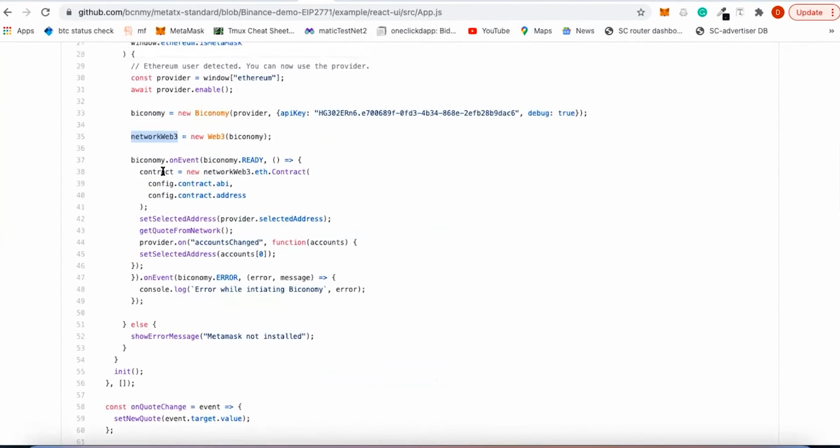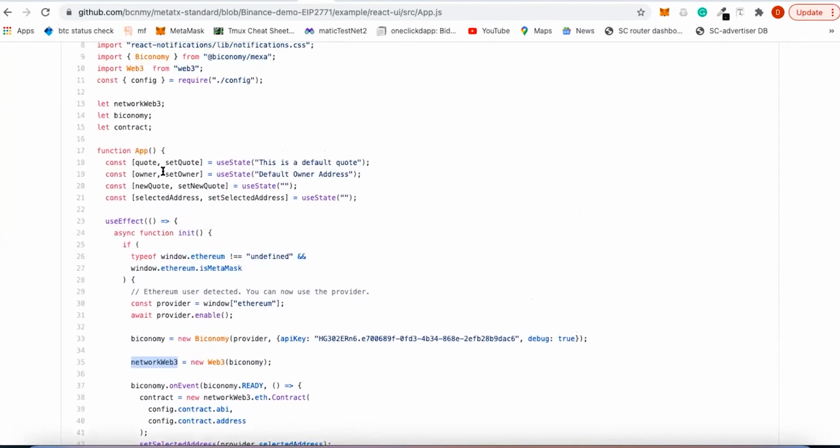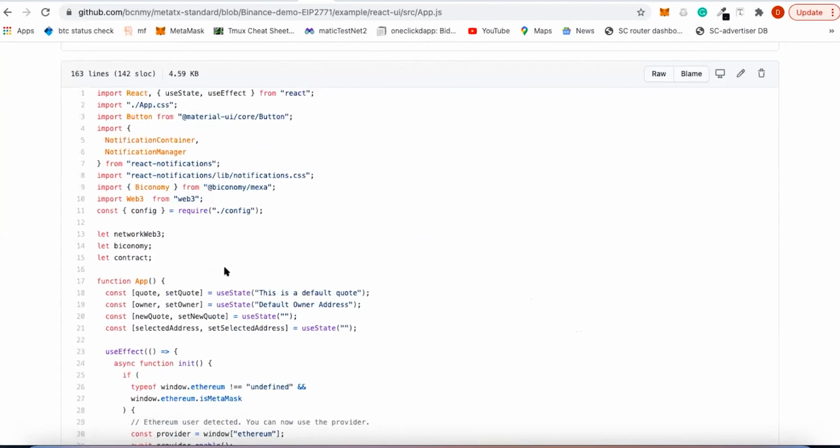So nothing else. Okay, so this doesn't even have to be used inside of the React app kit. This could be used on any front end. Yeah, any front end. You can use the npm package to install Biconomy, and there is also a plain JavaScript version, or you can use that also. So everything is ready. You can use it any way you want.